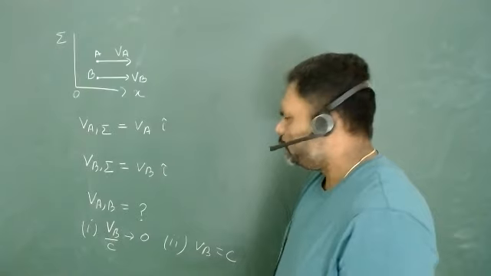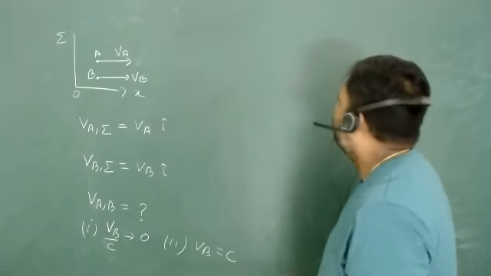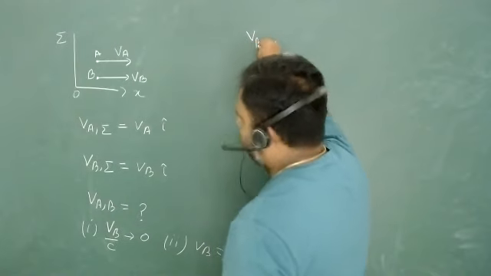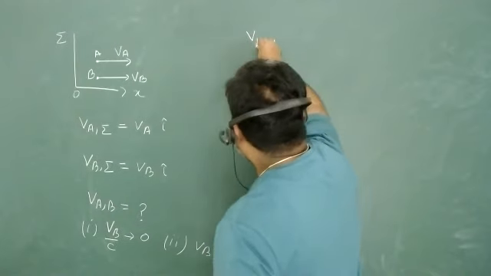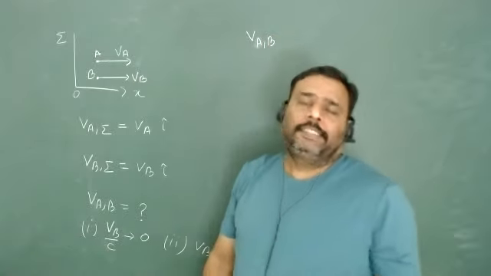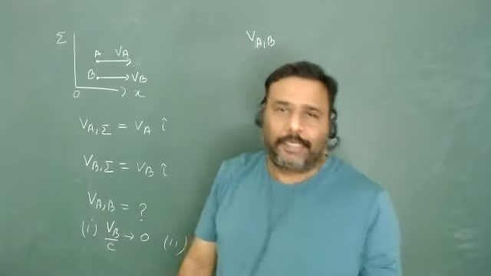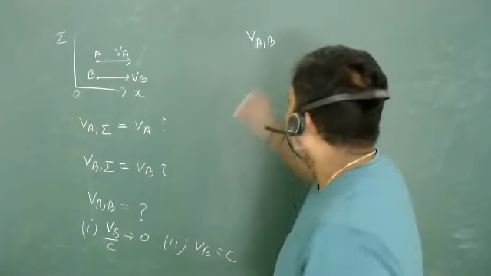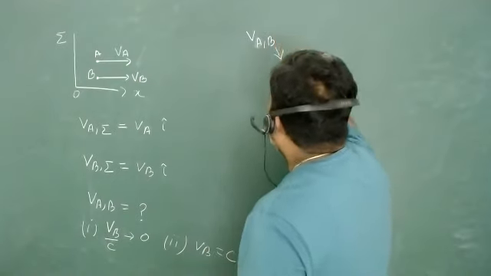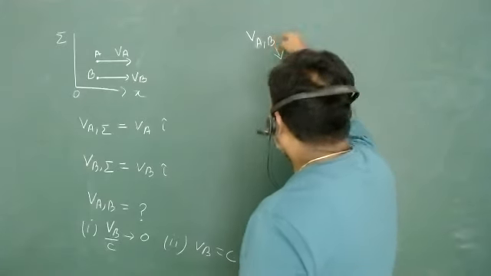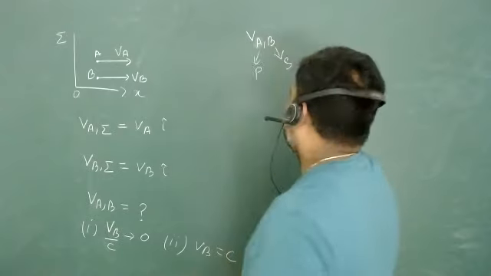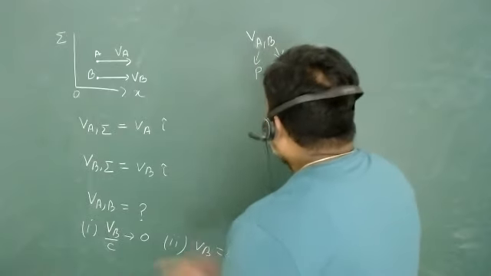Again, simple, straightforward. I have my algorithm. I have to calculate the velocity of A with respect to B. In the problem itself it is given: what is your S frame, what is your particle? In this problem I will always sit on the S frame, so B is equivalent to my S frame, and A will be my particle. Then what will be my S dash?